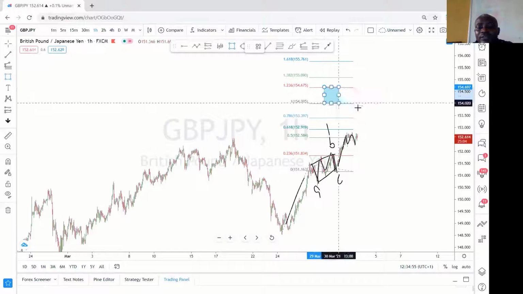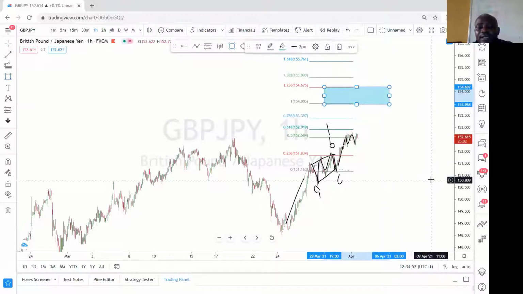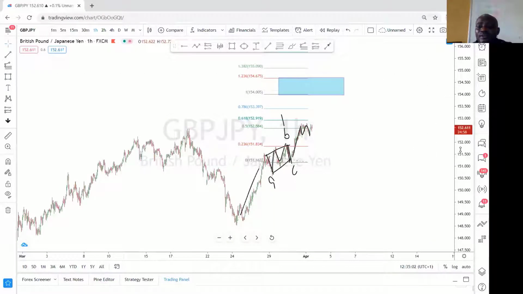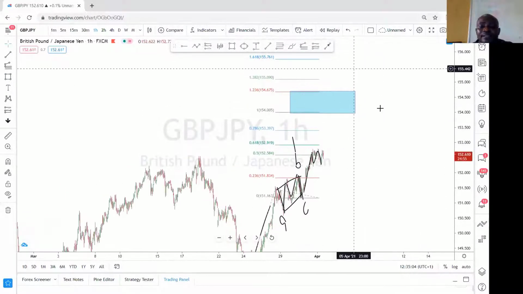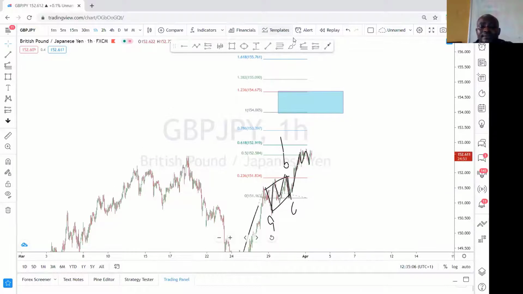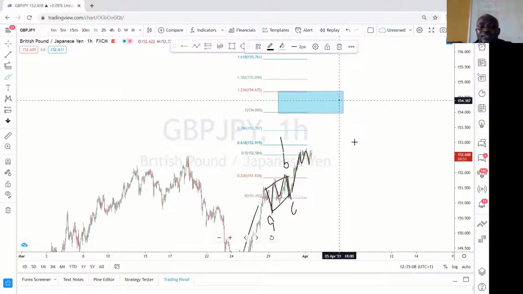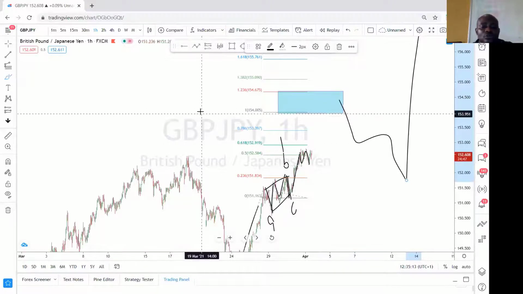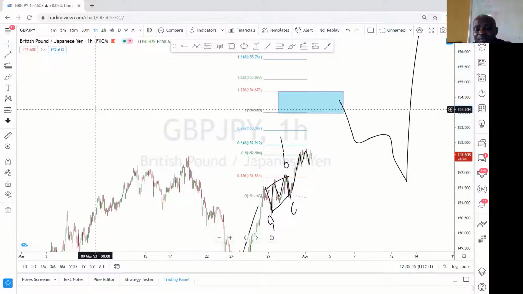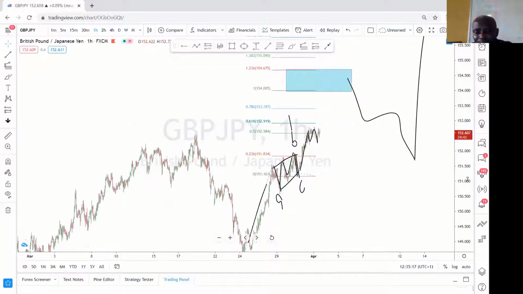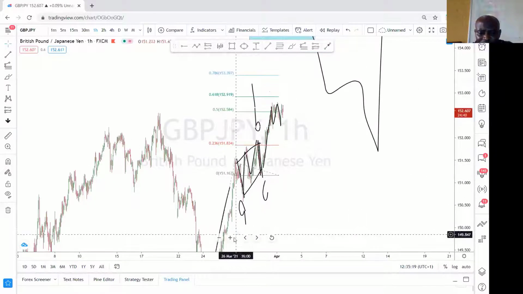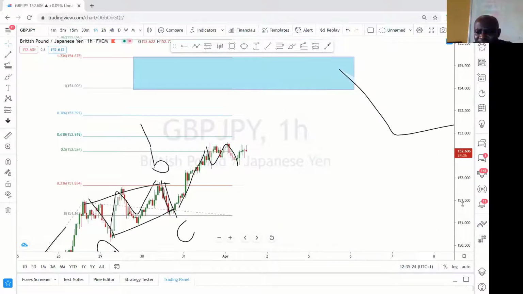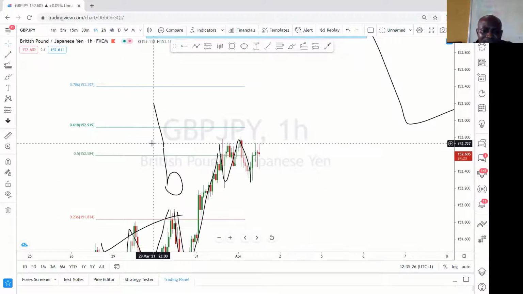100 to 123 should hit here. This is your target. The target should not be more than here, because anywhere above here, I don't guarantee it. It might have to correct. Okay? Might have to make a deeper pullback before it goes. Alright? So that is GBP JPY. But since we are already in USD JPY, I don't think I'm ready to buy this because I'm already